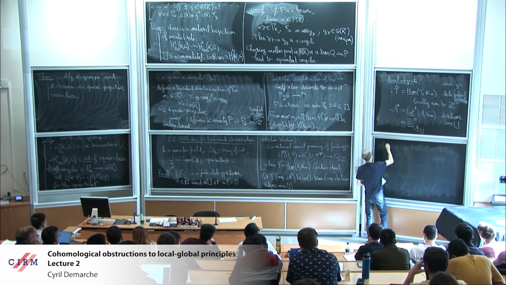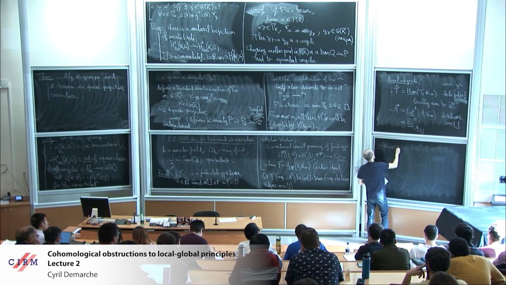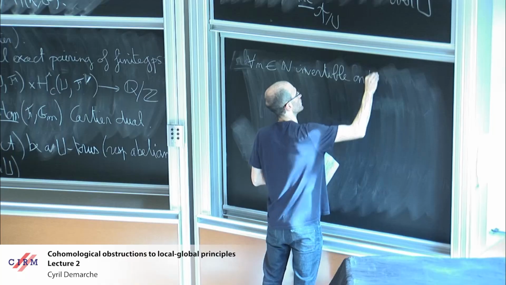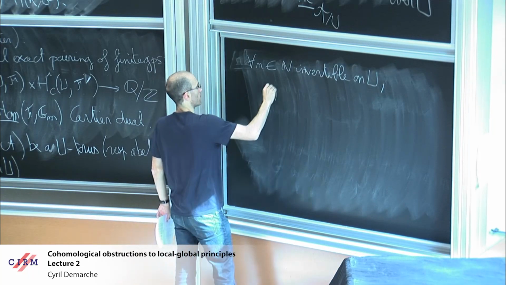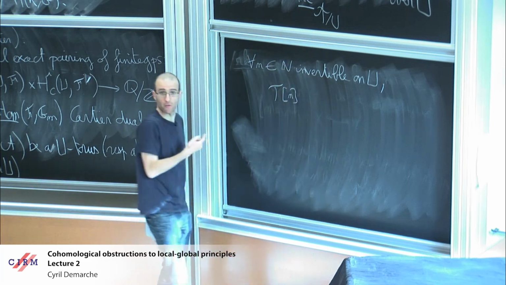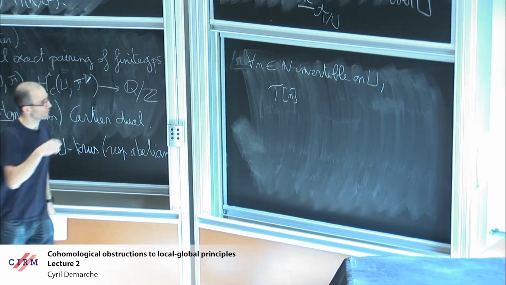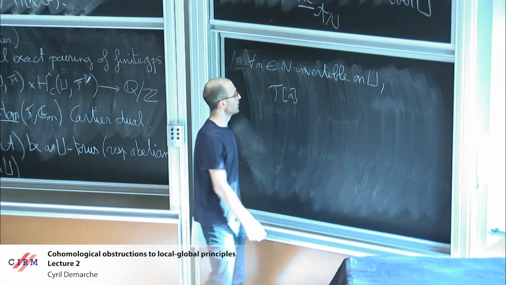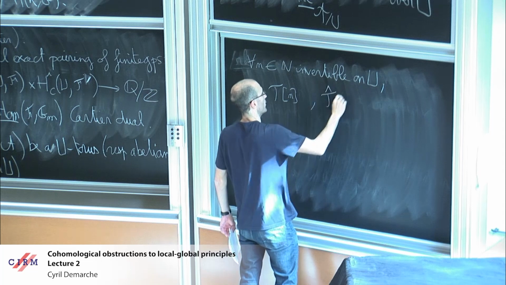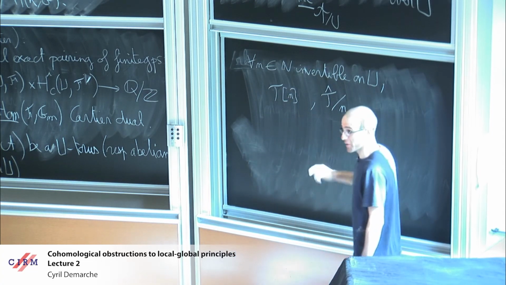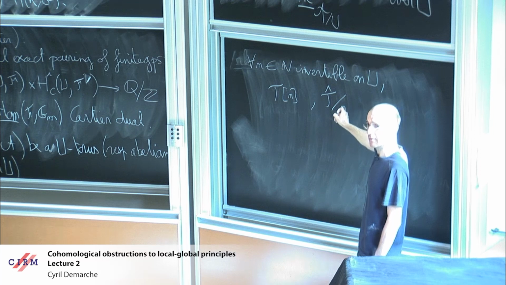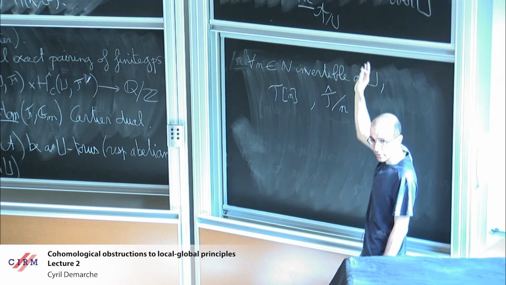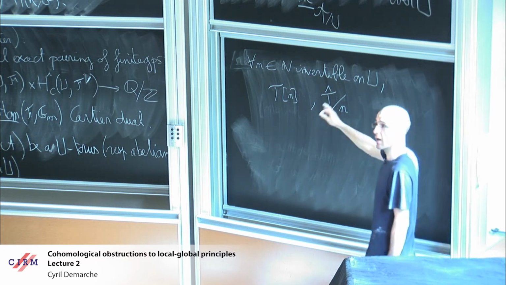But for any n invertible on U, you can consider the n-torsion of the torus T, which is just the kernel of multiplication by n on T, and you can consider the cokernel of multiplication by n on T hat. So it's something that is locally of the shape Z^r mod n. So both are finite